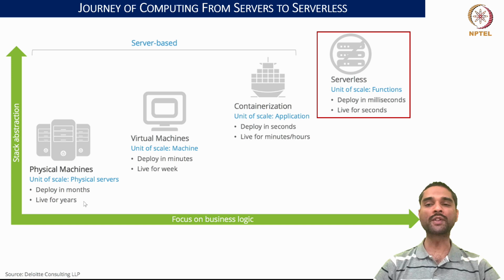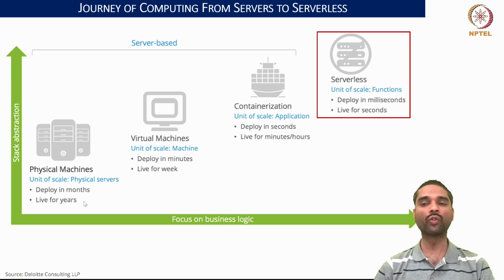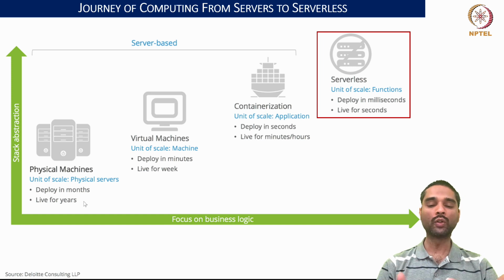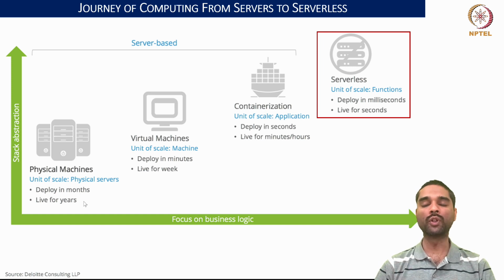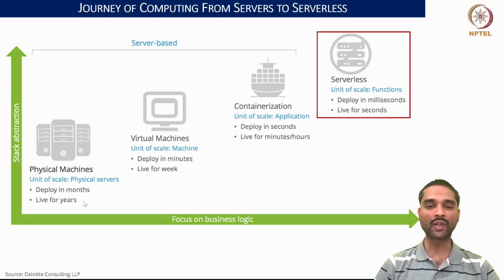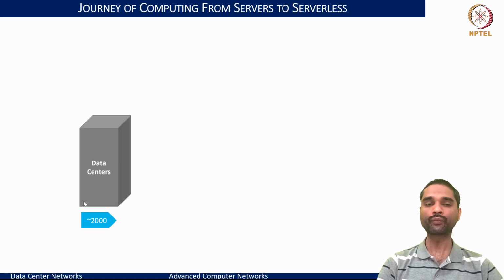The other important aspect is you would want to run these functions only when you need them. That is, if there is a need to do some processing, I would run that function. If there is no need, I wouldn't need any of the compute cycles or processor power to run this code. And that's why these become ephemeral in one context, saying they're very, very short-lived and live for a very few seconds as the need be.